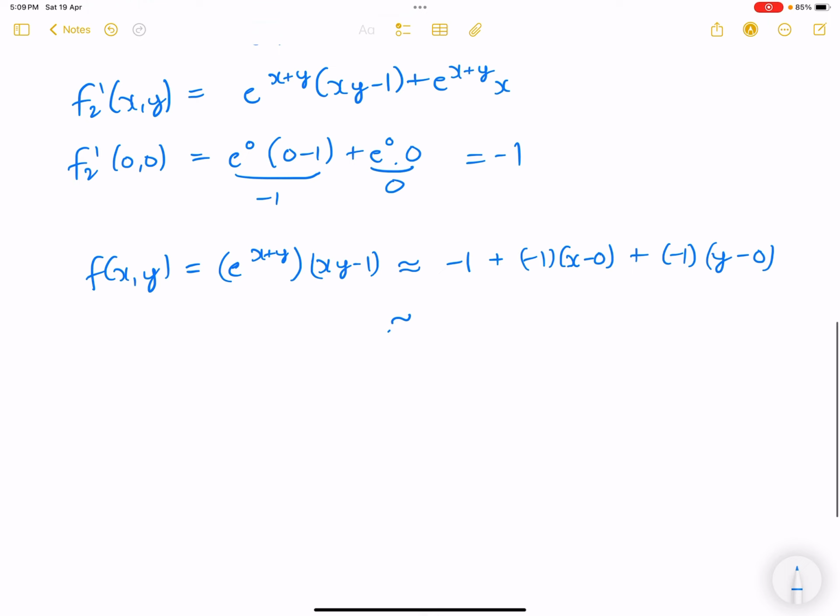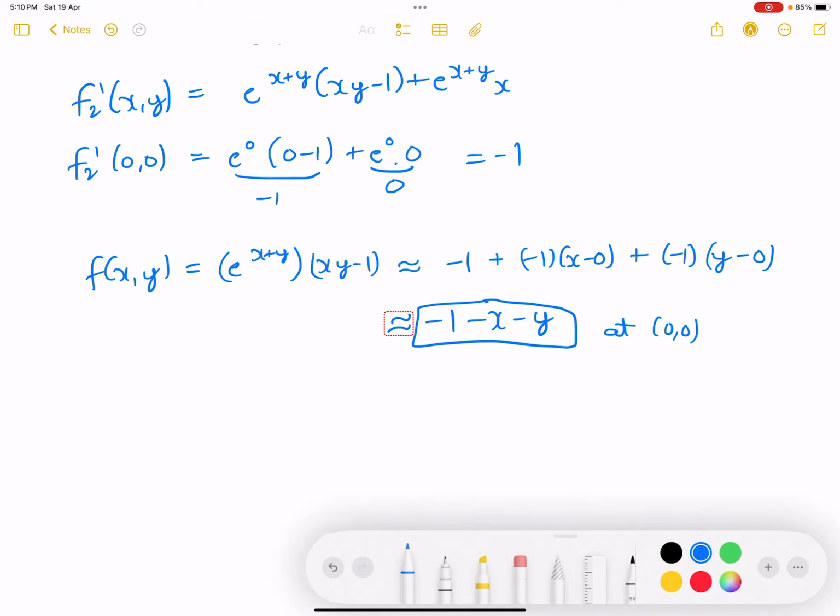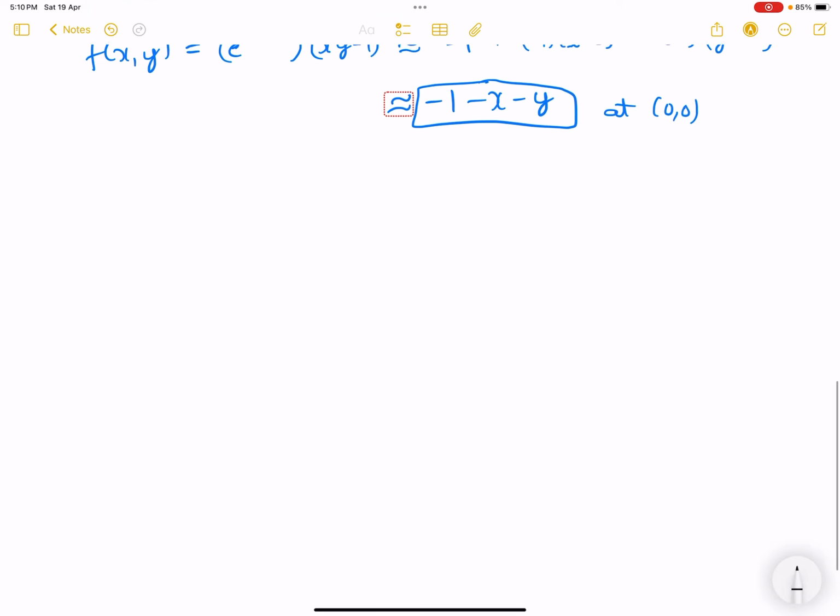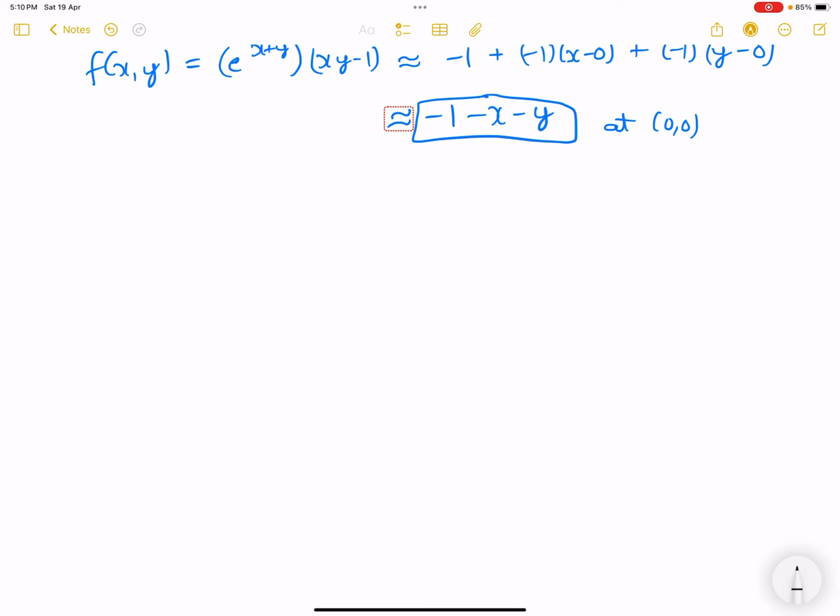So this is approximately equal to minus 1 minus x minus y. So the complicated function is approximated by this thing at (0,0). Whatever complicated function it was, we can write it linearly in this form at (0,0). Okay, now moving to the further topic,